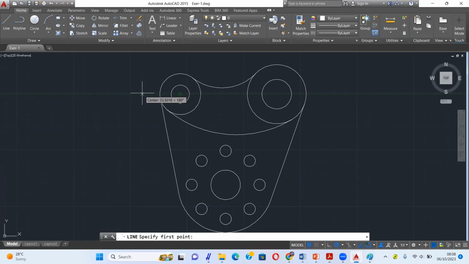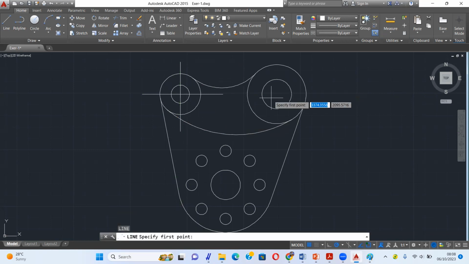Then you can move to the outside of your figure, then create a line like this. Also for the vertical line, like this.